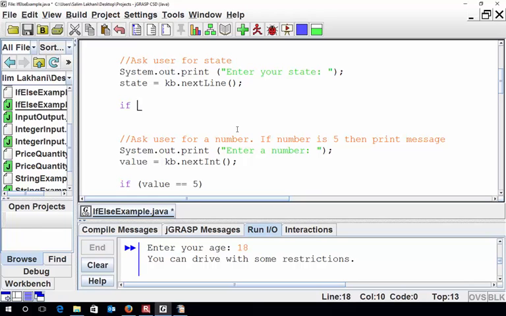Okay, so what I'm going to do is if state dot compare to